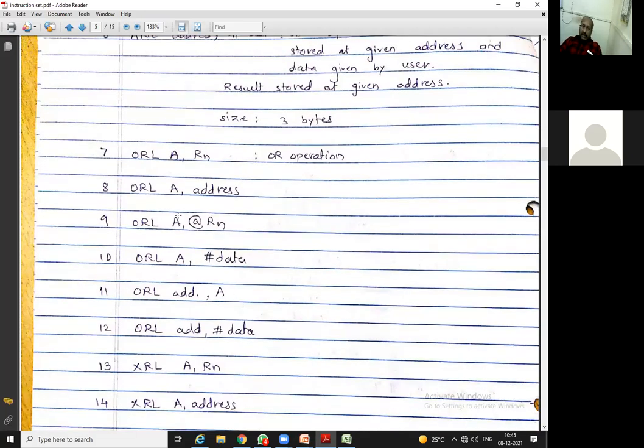Then like the ANDing, it is similar to the ORing itself. So for ORing, that is ORL A comma Rn, ORL, this is the mnemonic for ORing. So that may be asked in the MCQs, की जर ORing ऑपरेशन लॉजिकल ऑपरेशन करायचं असेल तर त्याचं निमोनिक काय. तर नॉर्मली कन्फ्युज होतं ना की हा ORing ऑपरेशन म्हटल्यावर OR, ORX, ORL, ORC like that, but the correct one is ORL for 8051.